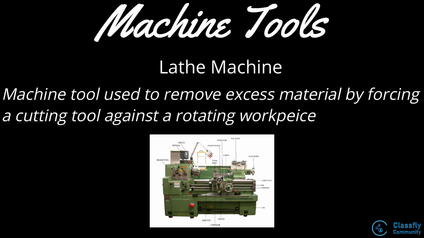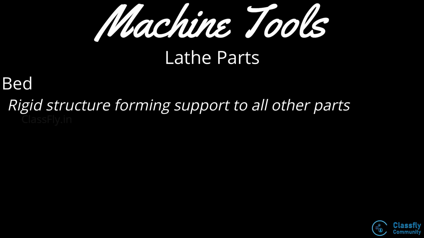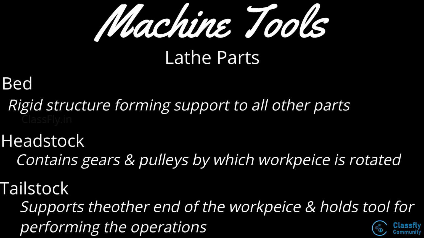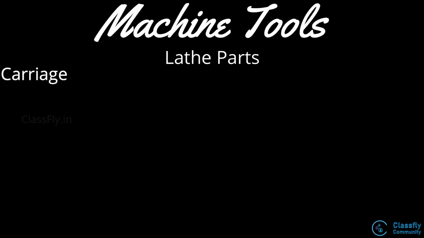The lathe consists of the bed, which is a rigid structure forming support to all the other parts, the headstock, which contains the gears and pulleys by which the workpiece is rotated, the tailstock, which is used to provide support at the other end and also for holding tools for performing different operations,